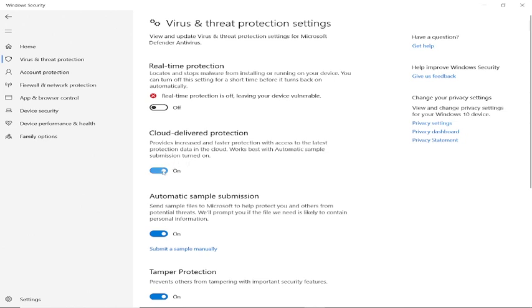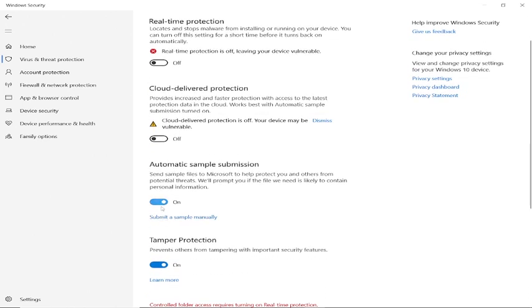If you want to disable Windows Defender altogether, you can also toggle the switch under the Cloud Delivered Protection